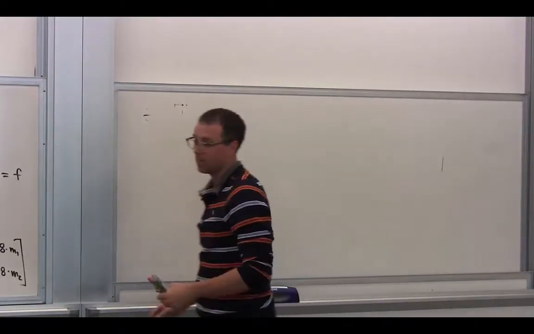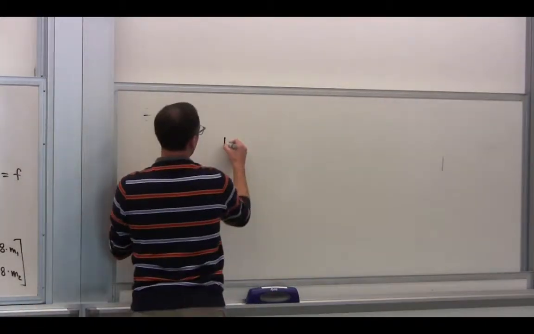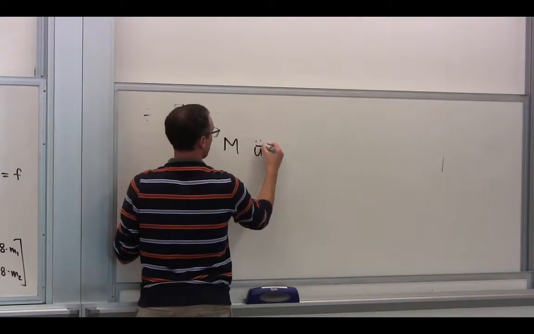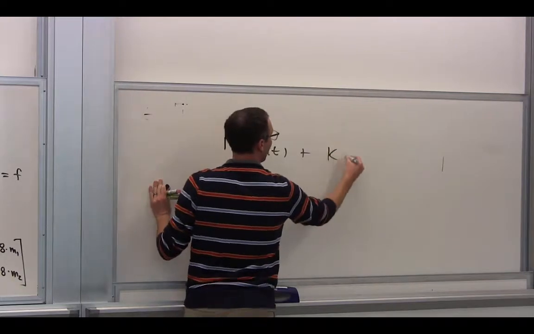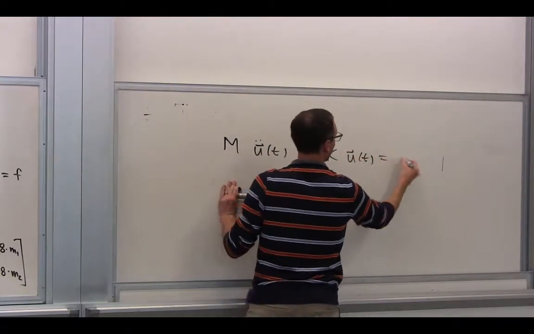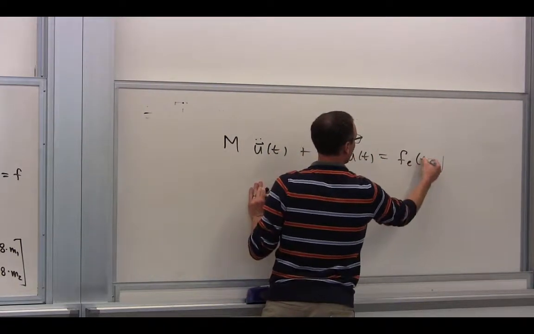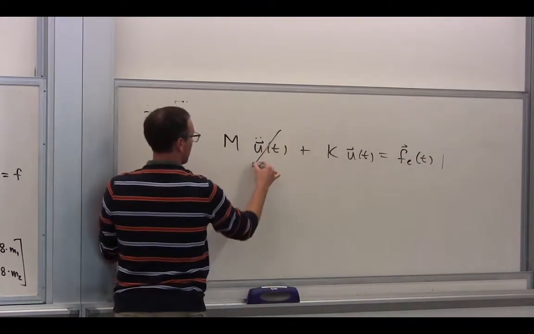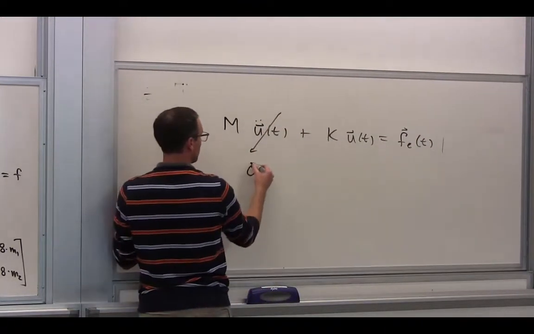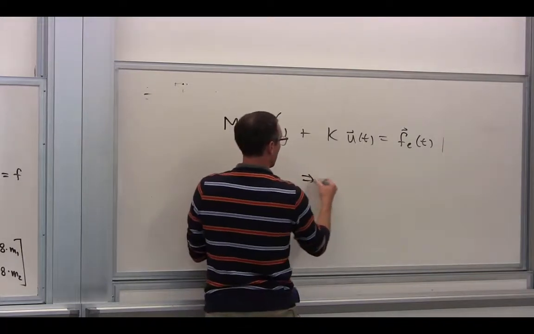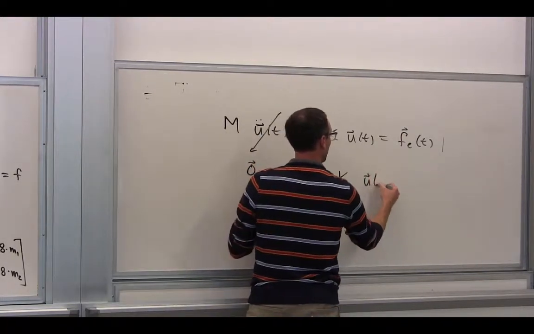Whole idea is we have this matrix problem, m times u double dot of t plus k u of t equals Fe of t. What did we say about this? It goes to the 0 vector because there's no acceleration, which implies now I have k